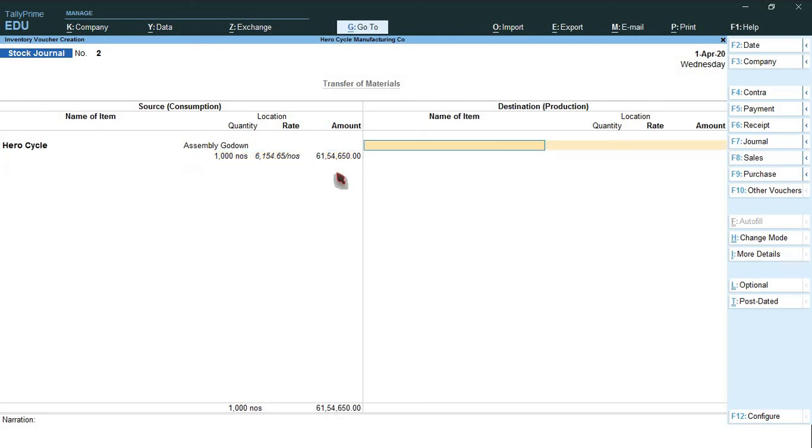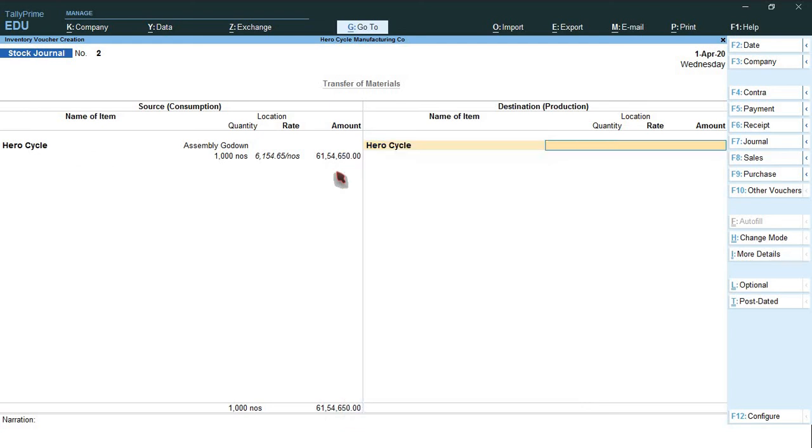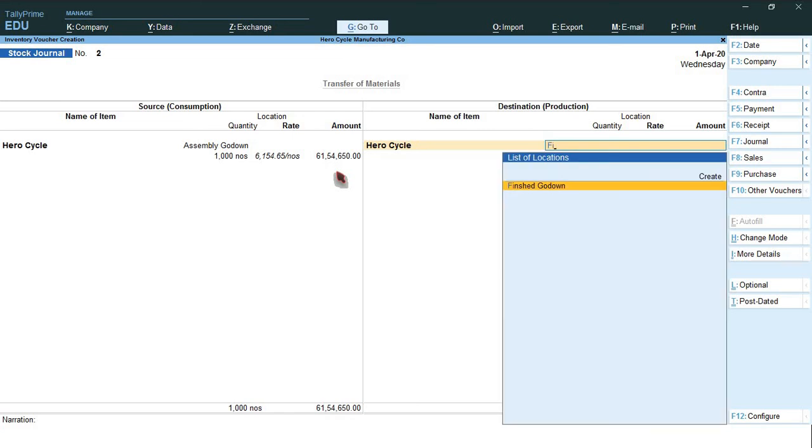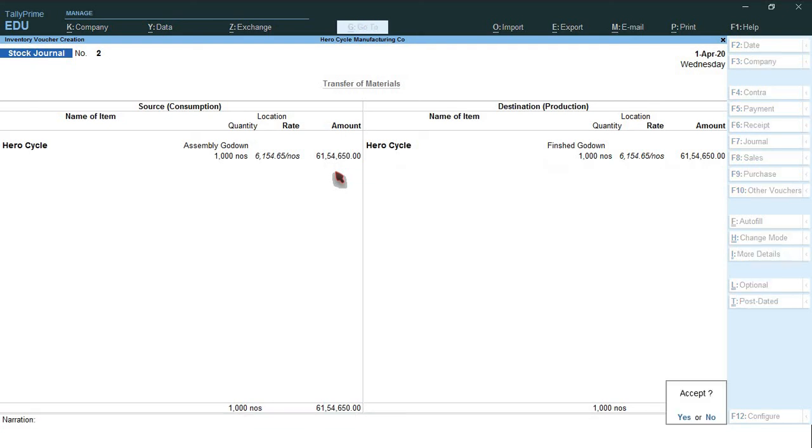Press one more enter. Select Aerocycle. So location finished godown. So 1000. So like this you transferred finished goods from assembly godown to finished godown. Okay, accept.